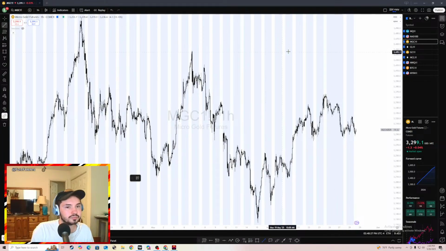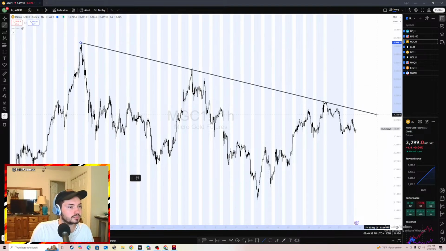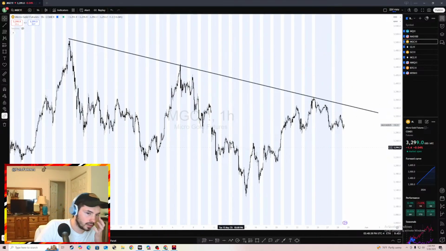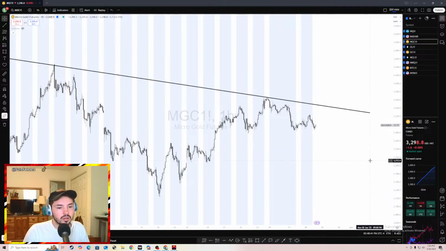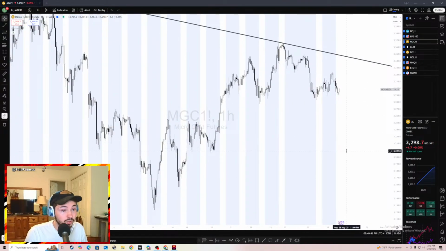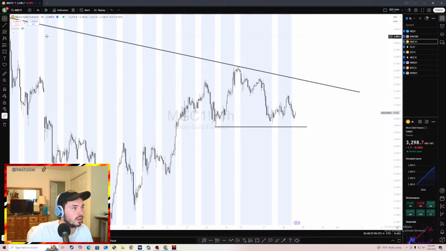We are moving down on the hour time frame. You can see we're moving down on the hour time frame. We constantly are rejecting. However, I have no support, no data right now to say that we have broken this low yet. So we have not broken this low yet. And yet we have broken this high. So we are still on an uptrend no matter which way we want to go. It's not a strong uptrend, but we are in the higher time frame. So we are still in an uptrend.